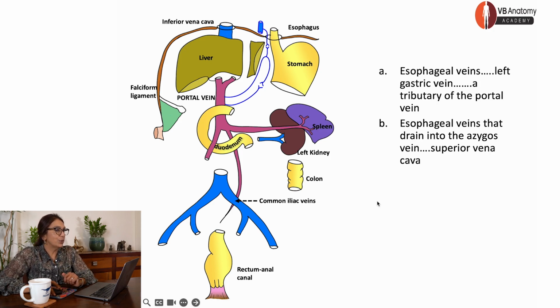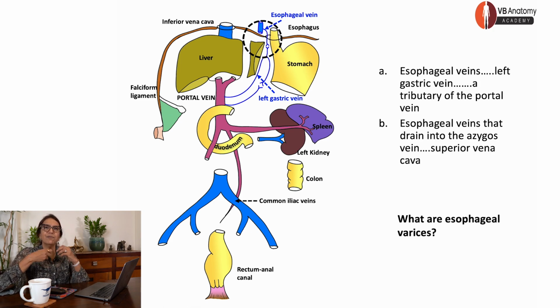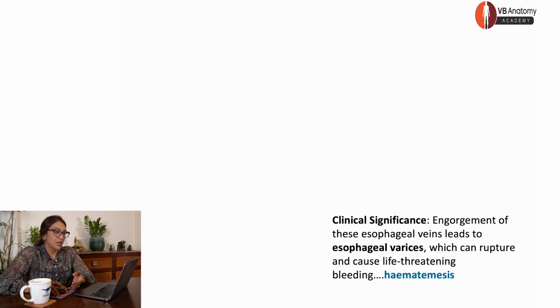One more time, I want you to understand the anastomosis well. Here is your left gastric vein. These are the esophageal veins draining into it. Here is your esophageal vein, which is draining into the azygous system. This is the anastomosis. Clear? So now what happens? When these blood vessels are forced to have so much blood flowing through them, they become enlarged, they become tortuous. And this condition here is called esophageal varices.